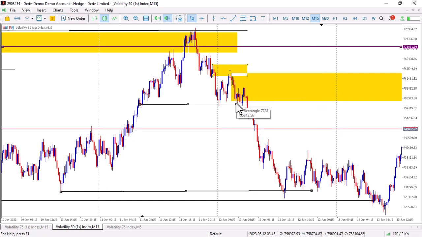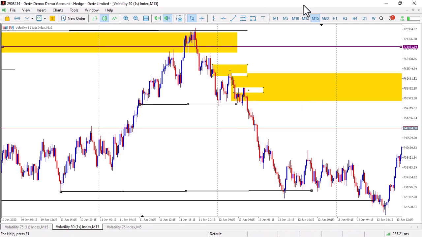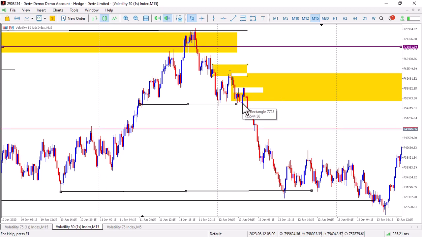When price bounces, it's going to form a blue candle, as you can see in this area, and it's going to give you a fair value gap, like what it did in this area. You're going to use that fair value gap to get your trade down to the ultimate target that we would have marked on the H1. So this is the fair value gap that you see. And if you're not seeing any fair value gap, you're just going to wait for a pin or a railroad track to enter your trade, and